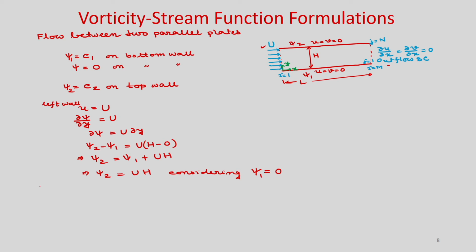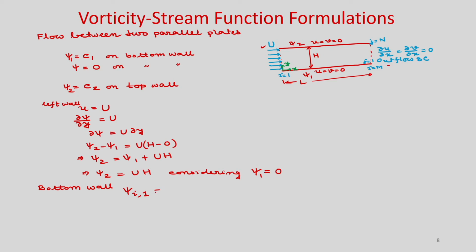On the bottom wall, psi 1 is equal to 0, we have assumed. So, psi 1 is nothing but j is equal to 1, so psi I, it will vary